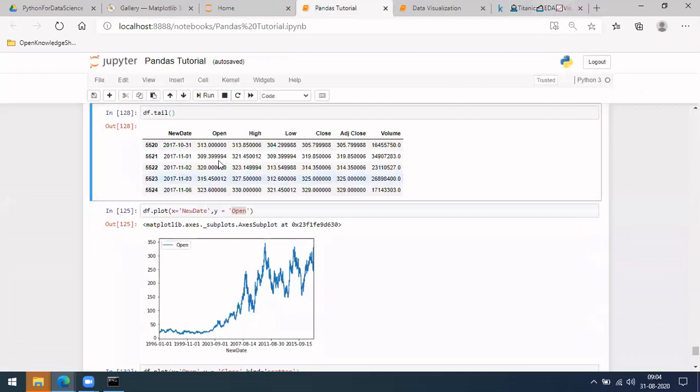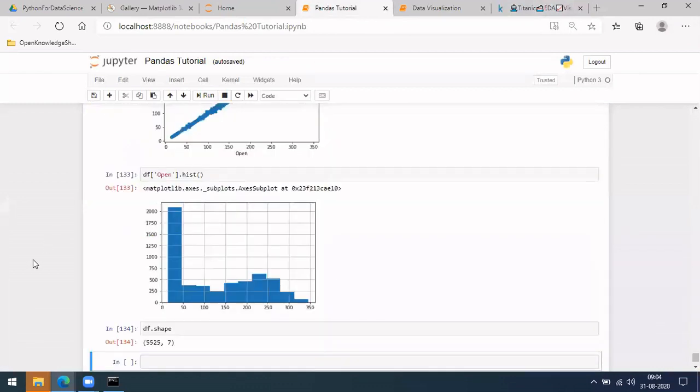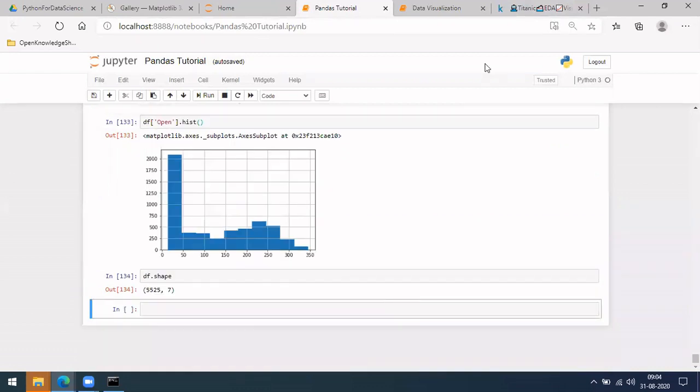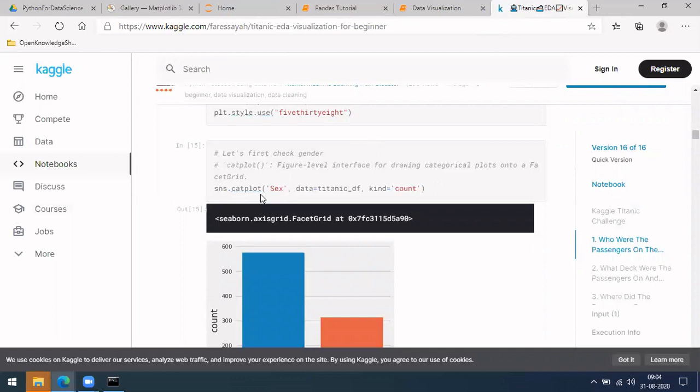Even for the histogram here, I did not do it like kind equal to hist. You can do it that way, or there is also the option to do it with dot hist. Similarly, for a few plots like count plot, you can directly do dot count plot as well. So there are various options. In kind, you can directly give what kind of plot you want.